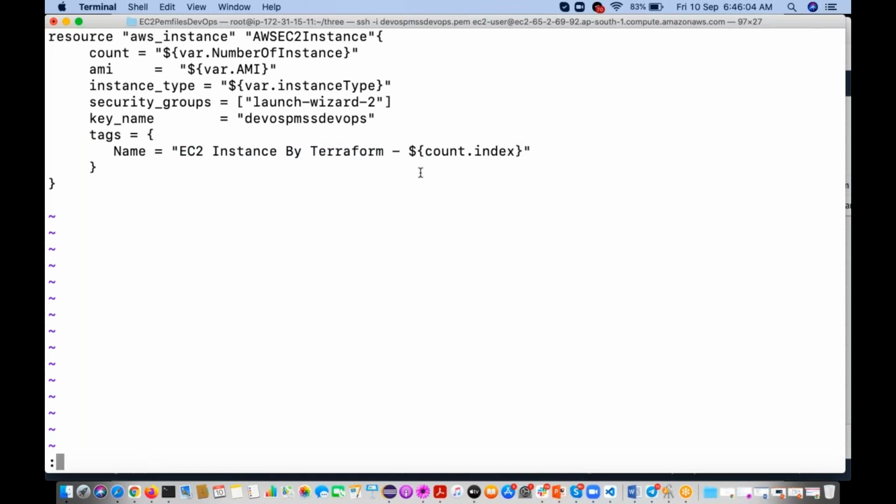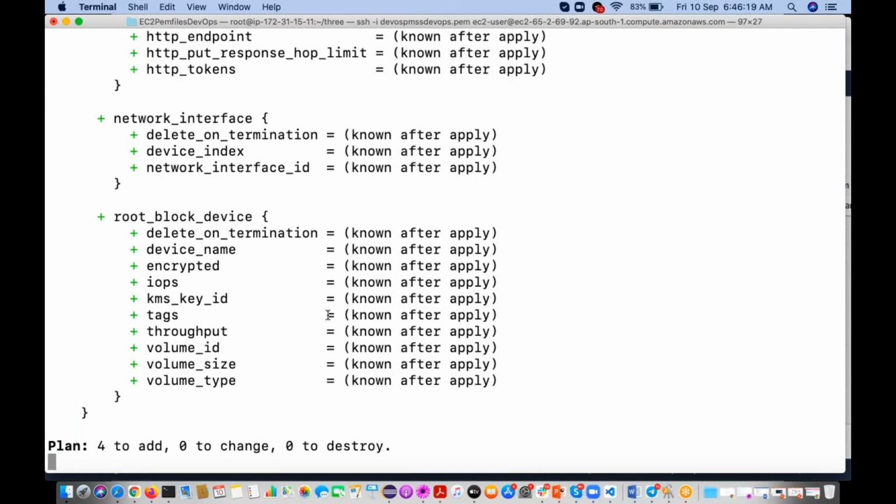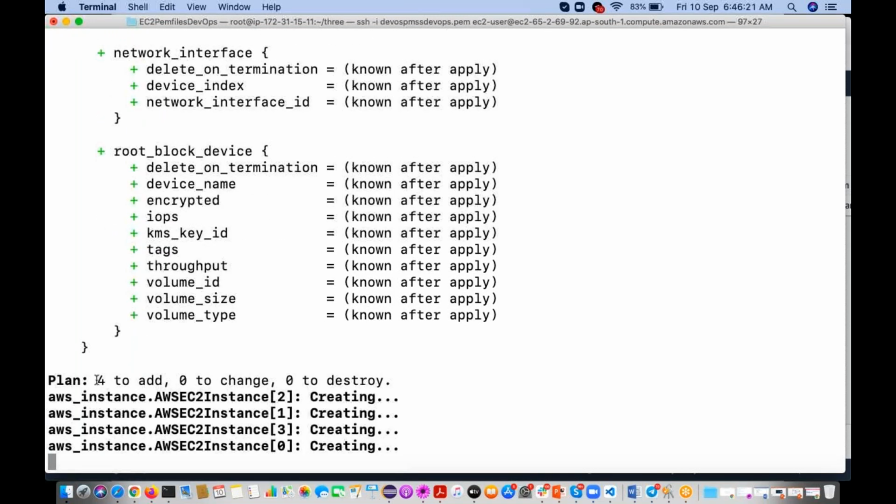Save it. Now you can run that Terraform script. You will see that now with the different names. See, it is going to create 4 instances. Why? In the variables file, the default value is 4.